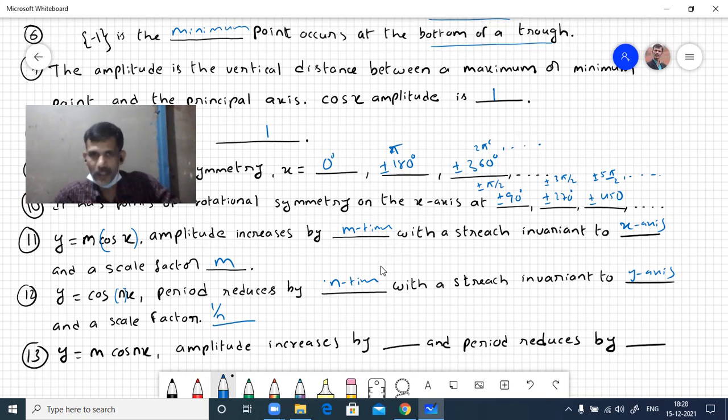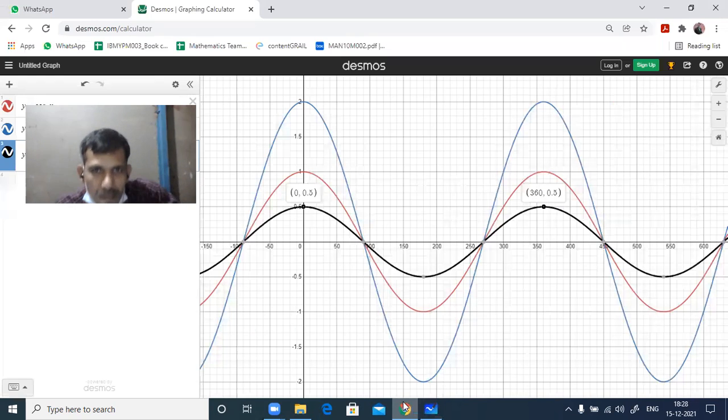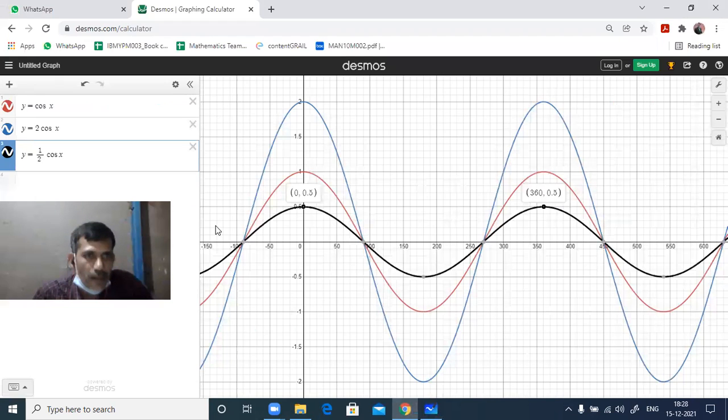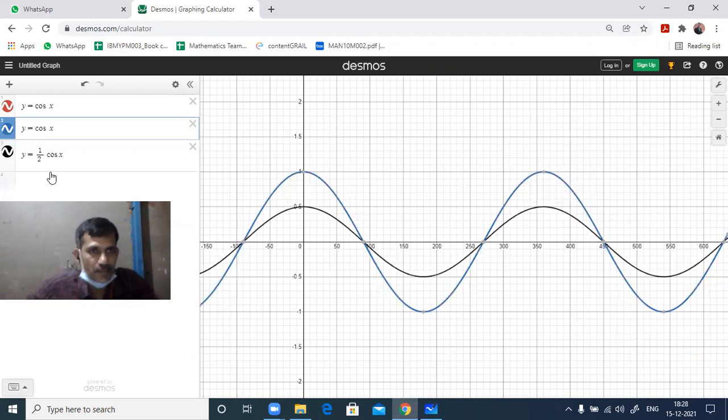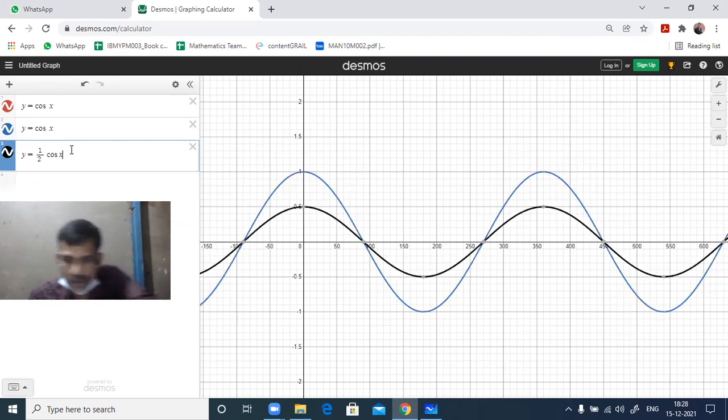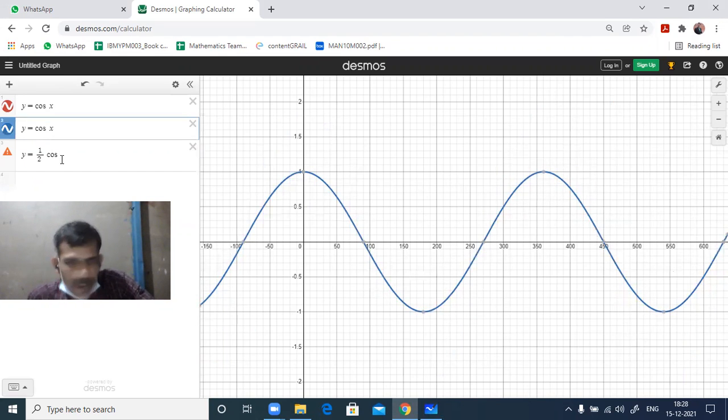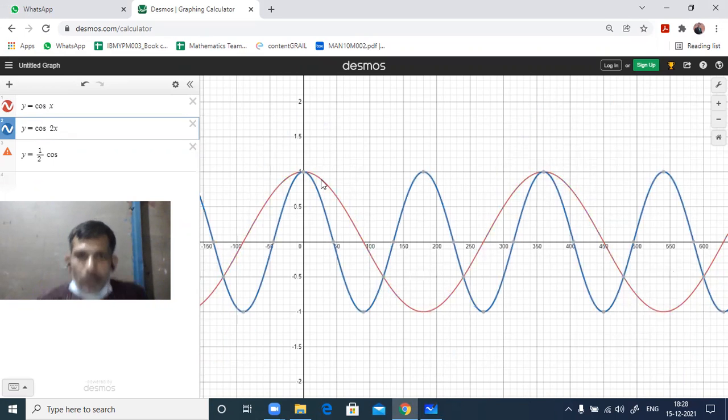Similarly, this also we will demonstrate. What we are doing is multiplying the angle, so here this is not required. Here we are multiplying the angle with some constant 2. Here you observe, the amplitude remains the same in both the curves. But the period, earlier it was 2 pi radians, 360 degrees. Now the period is 180 degrees, pi radians. It is reduced to half, no? When the angle is increased, the period is reduced to half.